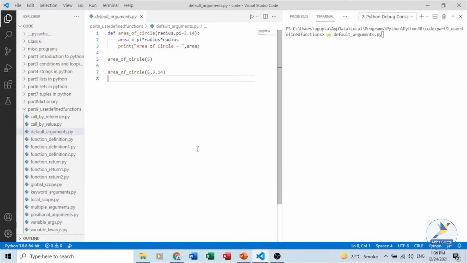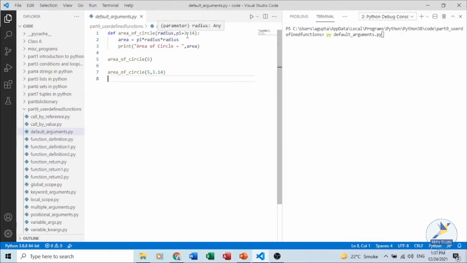The second type of argument is the default argument, where a parameter has a default value in the function header and it is used in case a value is not passed to the calling function. For example, we have this program where we are trying to calculate the area of a circle.